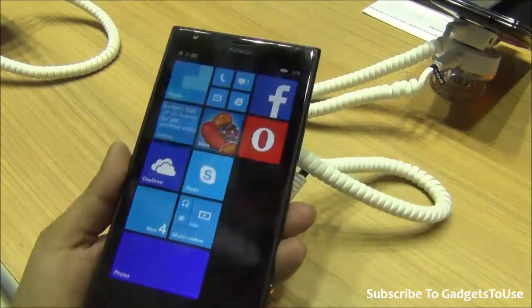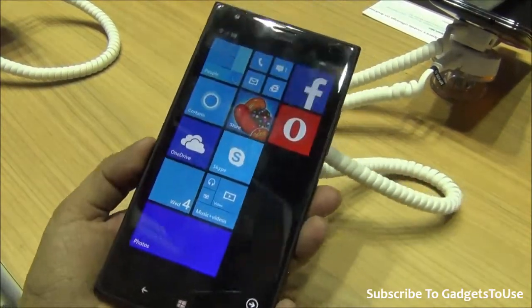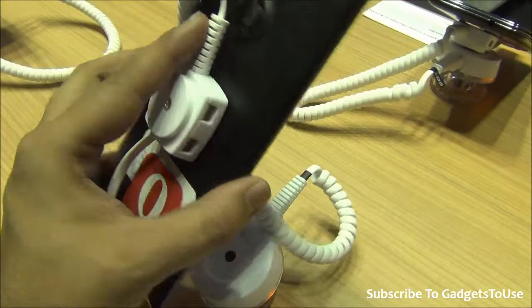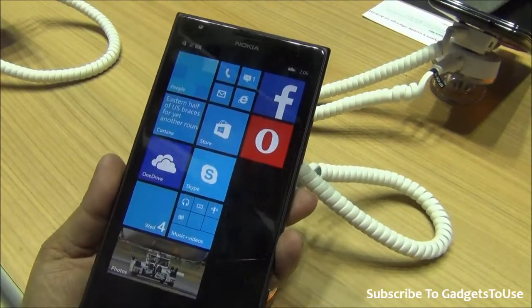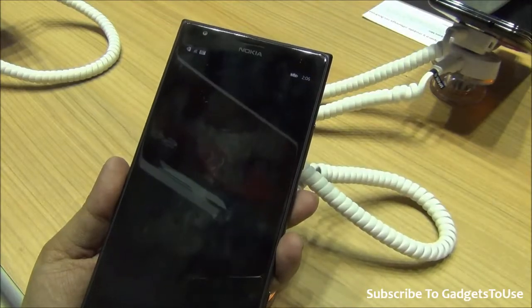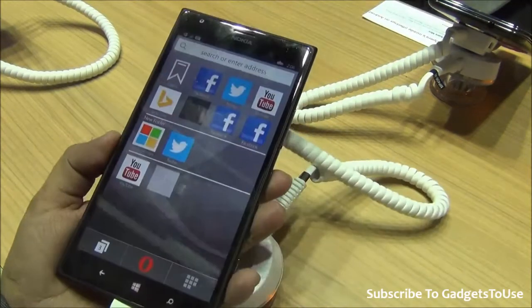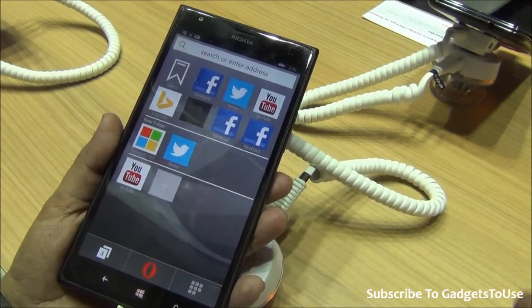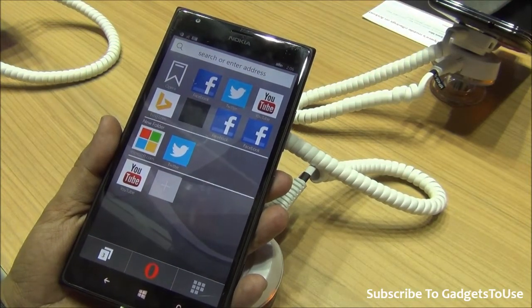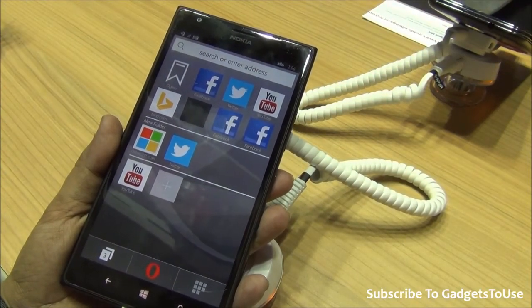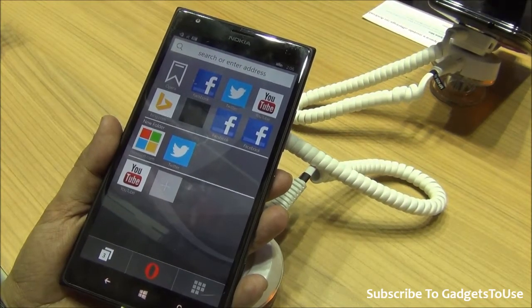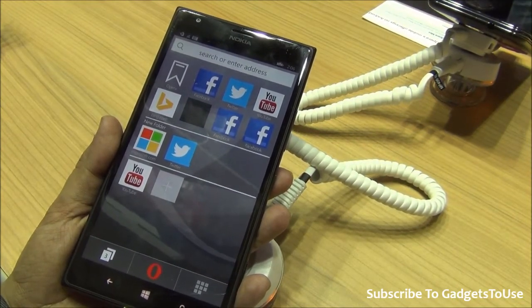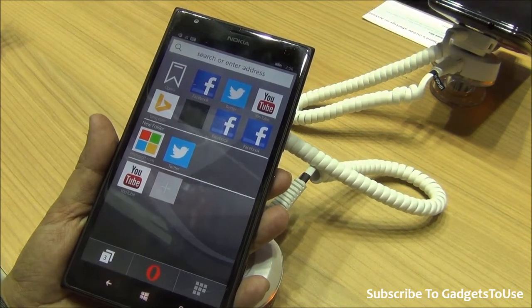We are at the Opera booth at Mobile World Congress 2015, and we have Opera Mini finally on a Windows phone. This is the Lumia 520 which we have with us, and the 1520, and we have Opera Mini on this one, which is very good news, and it is coming to consumers very soon. As of now, this is the test build running on this device. Opera Mini for Windows Phone 8.1 is right now not available on the Windows Store, but it is coming very soon. We are going to show you all the features, what all you get within this browser.